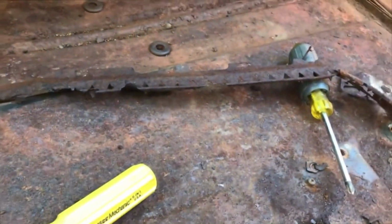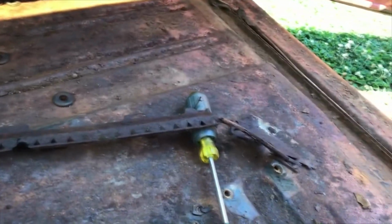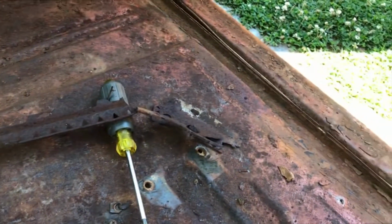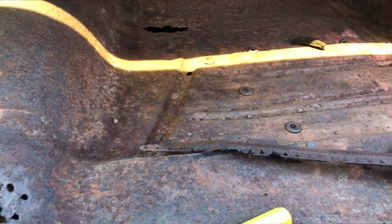Okay, so as you can see, this, what do they call it? Look, there's a little moth. I wonder if that's a good or bad omen here. But anyway,